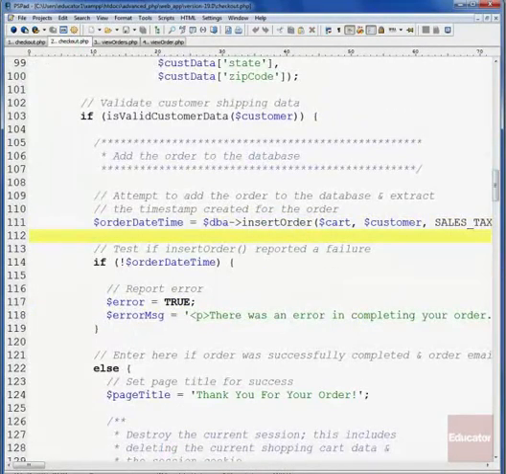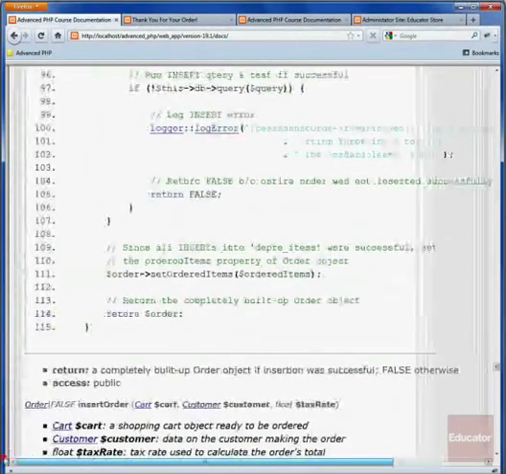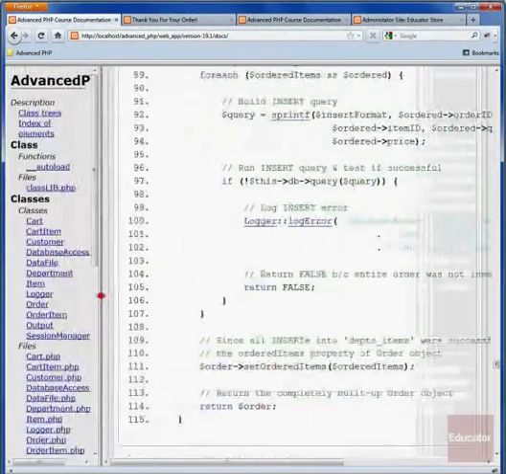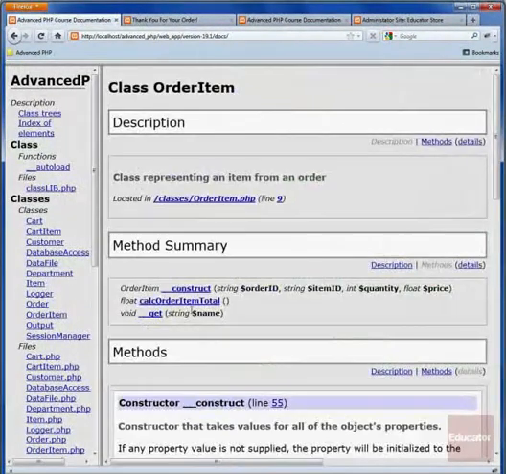Now, one other thing to note about our order and order item classes is, like cart and cart item, there's a way to calculate the total for a particular order, because as we had mentioned in the last lesson, when we have an order in the database, we don't include a column for total for the order, because that's something that we can calculate. And so if we already have all that information in the database, there's no need to store it in there, because we can calculate it. It wastes space. So the method that's been set up to do that is each order item